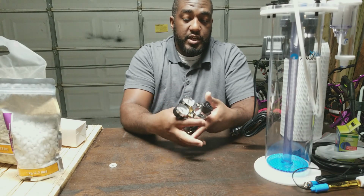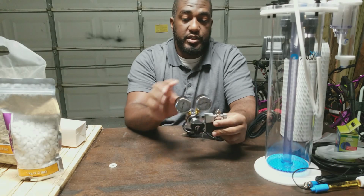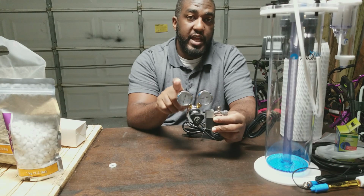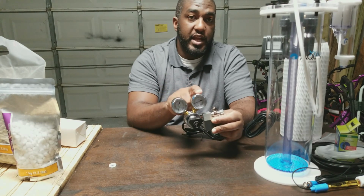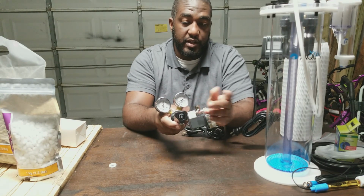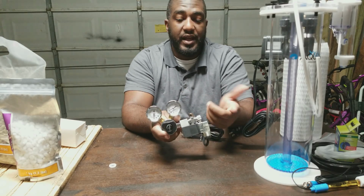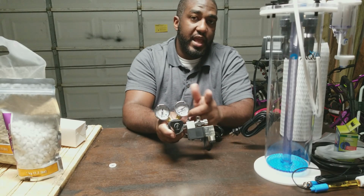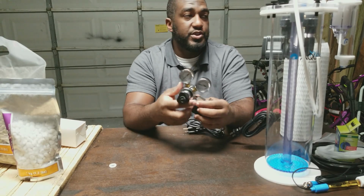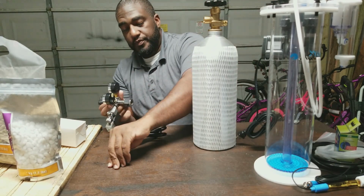The gauges on here, you have one gauge on the top left, or right, however you want to look at it. This gauge is going to be for the tank pressure, and this gauge is going to be for the line pressure. That's something I don't see too many people talk about here. I'm going to have to do a little bit of research on the line pressure. I've seen anywhere from 3 to 8 psi, and how you're going to adjust the psi once you get this hooked up to the tank is,